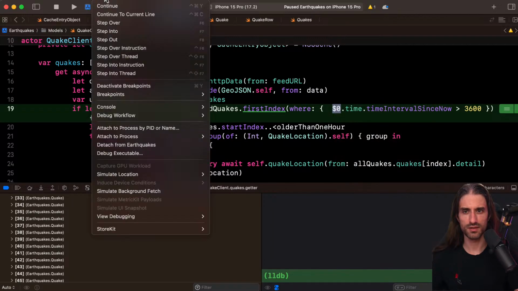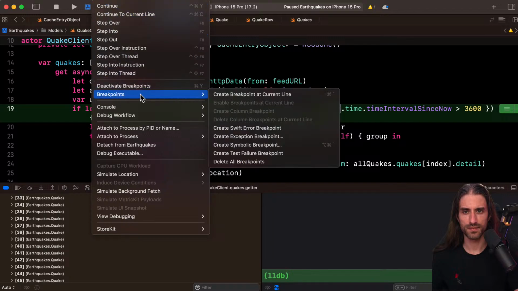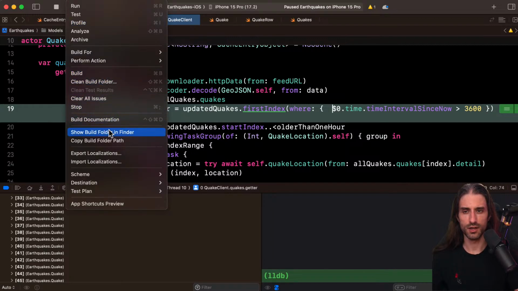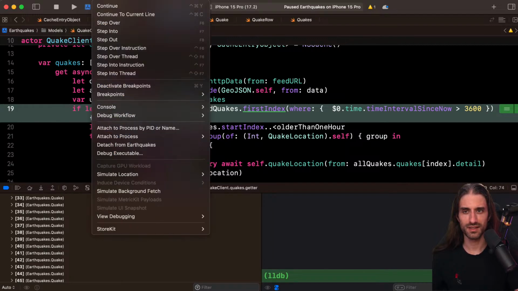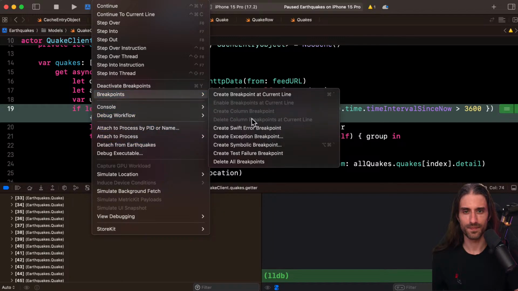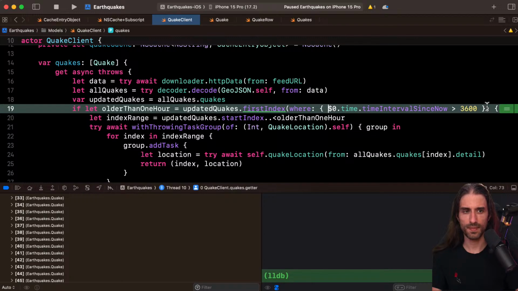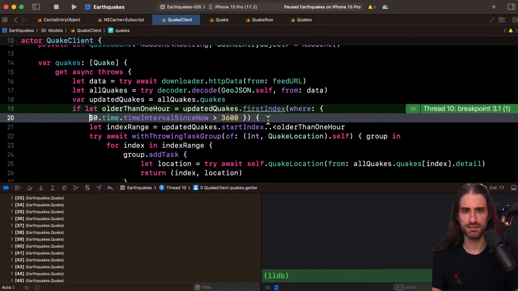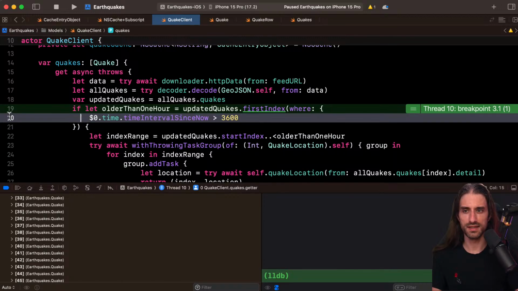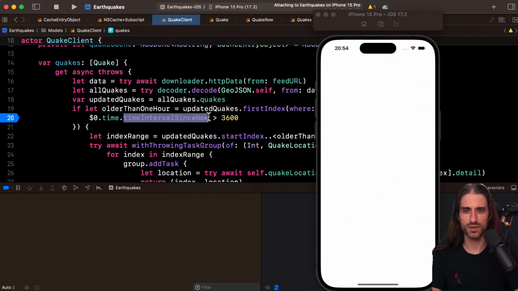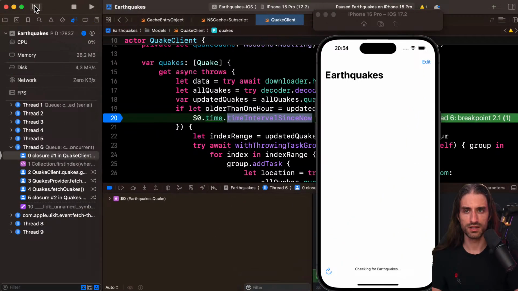Maybe in the debug menu I can find it. So yeah, create colon breakpoint, and I don't have the option, which is kind of annoying. Okay, I don't know why. You know what? What I'm gonna do is try and maybe put it like this so that I can put a breakpoint on this line, because I want to see what this returns. Maybe there is an issue here.